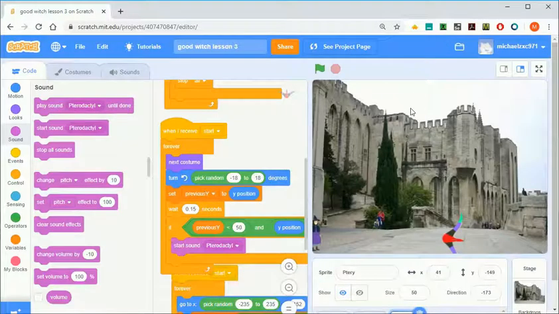Okay, so that should finish off my code for the pterodactyl. So I'm going to stop here, and